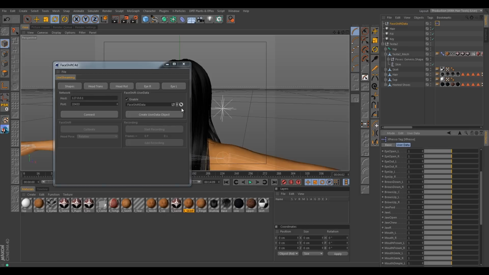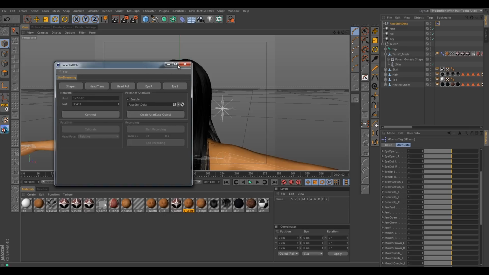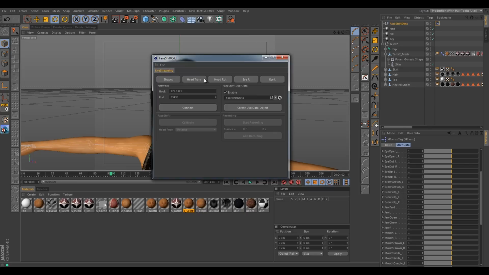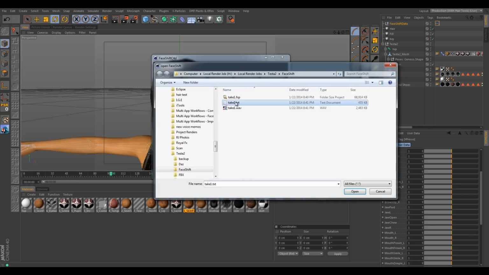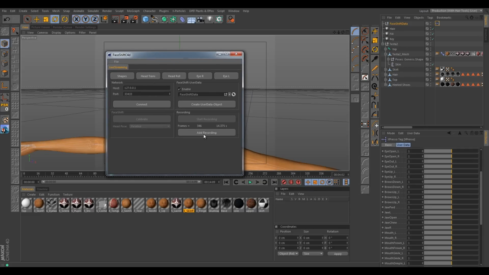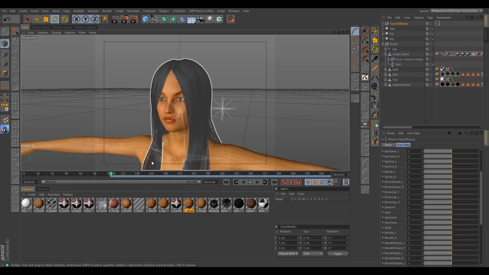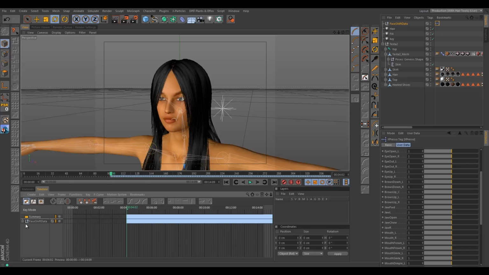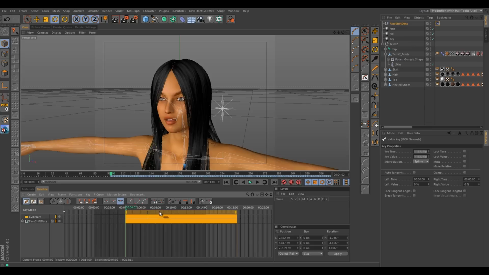Alright, so with that done, we're going to go ahead and load in our recording from FaceShift. So it's this text file here. It's an ASCII format recording. And then we're going to go ahead and add the recording to our project. Now when we do that, what happens down here in the timeline is that data has been added to the timeline, and it's been added onto the FaceShift user data object node. So we can go ahead and move our animation over here to 0.